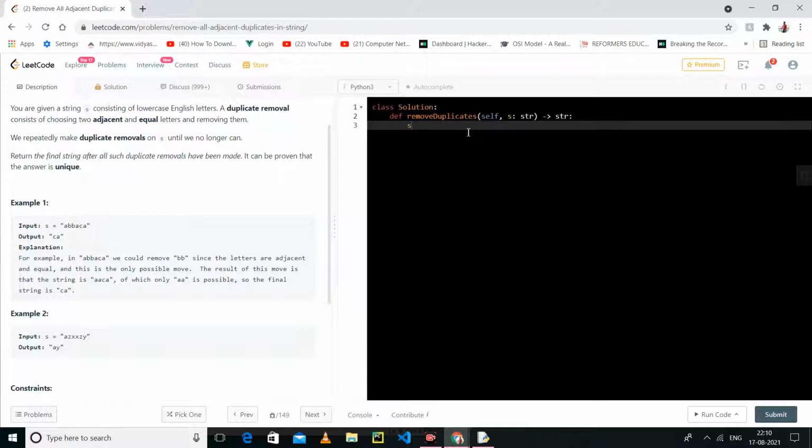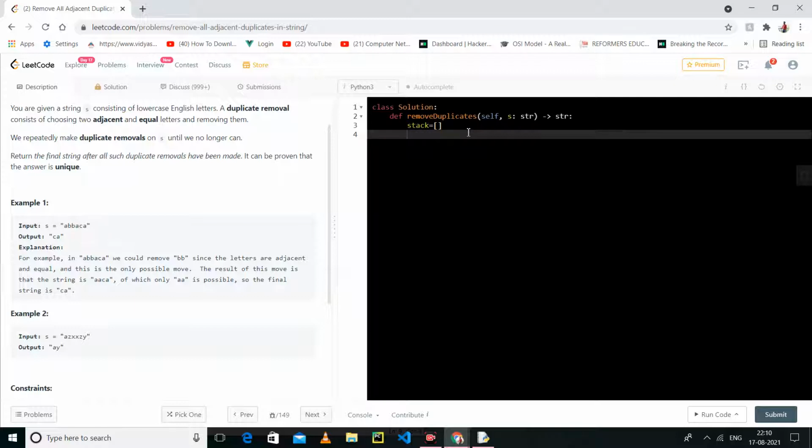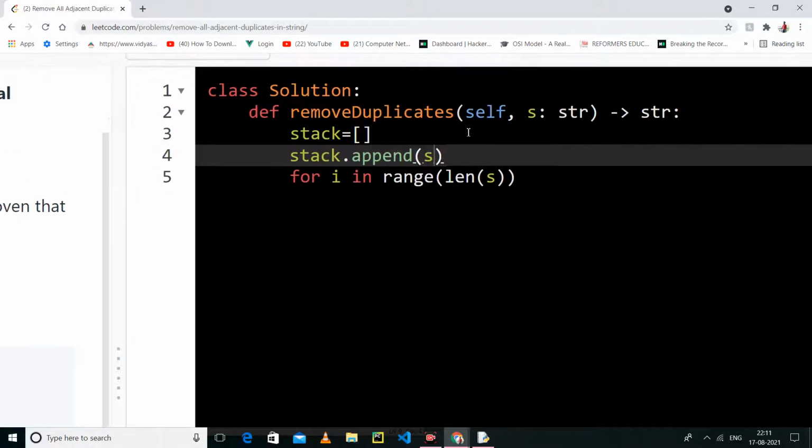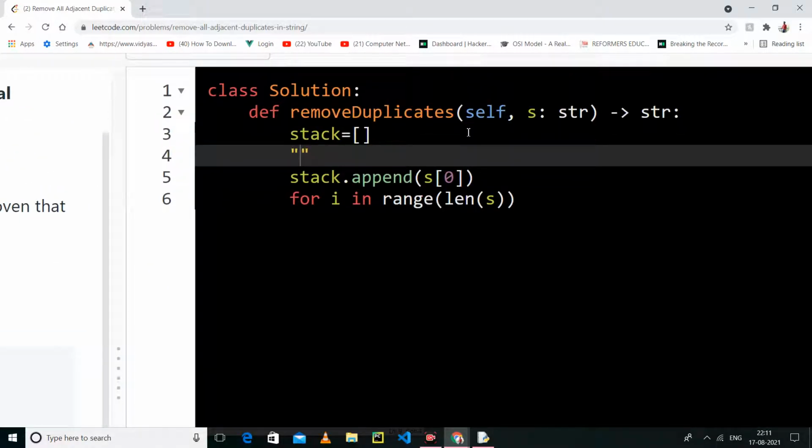So we will make a stack, then we will go one by one, looping through the s, and I have to append the first value. Let's assume that we have this one.